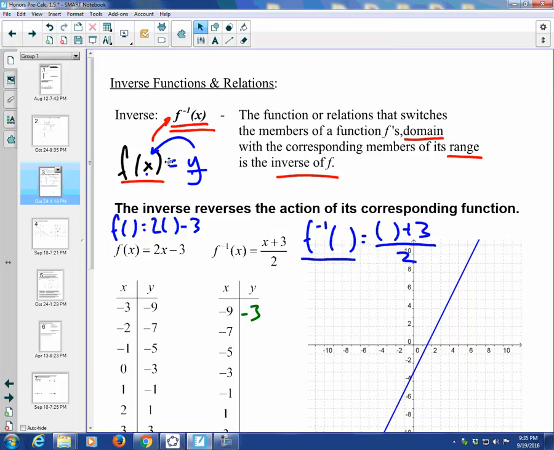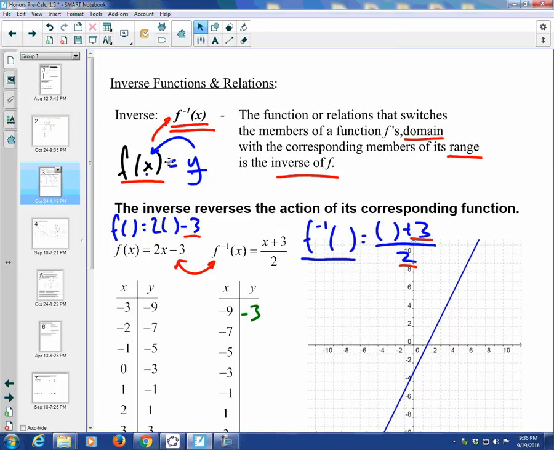And similarly right here, if we start with f inverse, it's going to be the function that adds 3 and then divides by 2. F basically first multiplies by 2, undoing the last thing that f inverse did, the division of 2, and then subtracts 3, which undoes the first thing that f inverse does, the addition of 3. So really, again, what we're seeing is the inverse relationship between these two